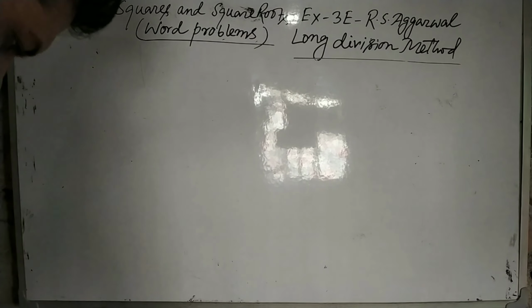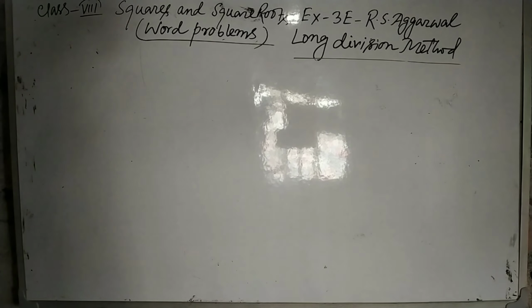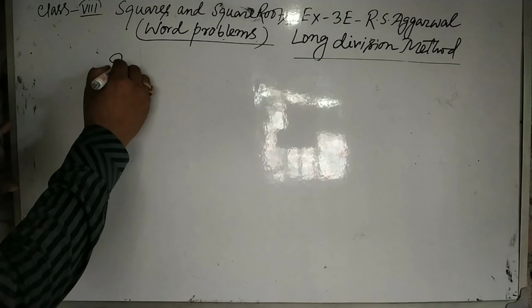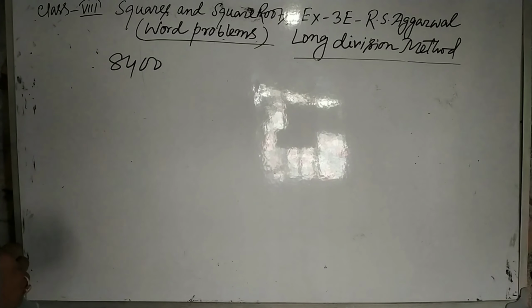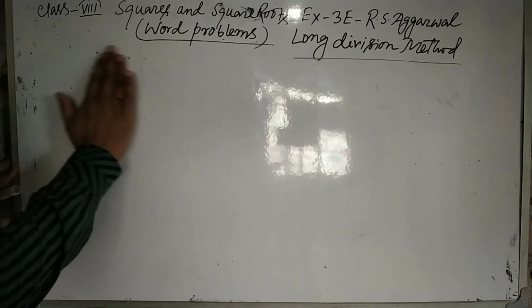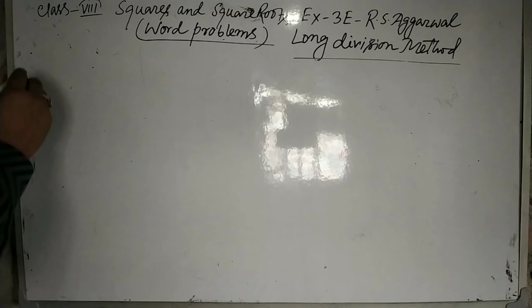Okay. Next question is question number 17. After 15 we will be doing question number 17 because question number 16 and question number 15 they are exactly similar. In question number 16 also you have to add something with 8400 so that the resulting number will be a perfect square number. Also you have to find out the square root of the number. So do it just like question number 15. Let us start question number 17.